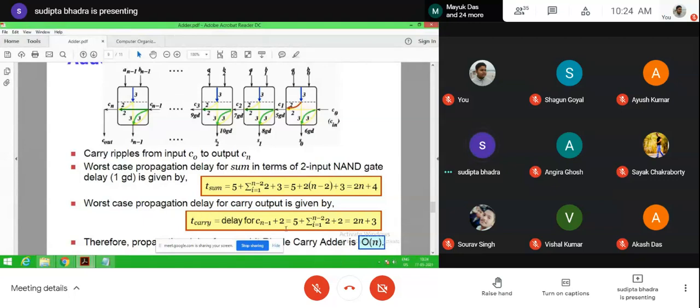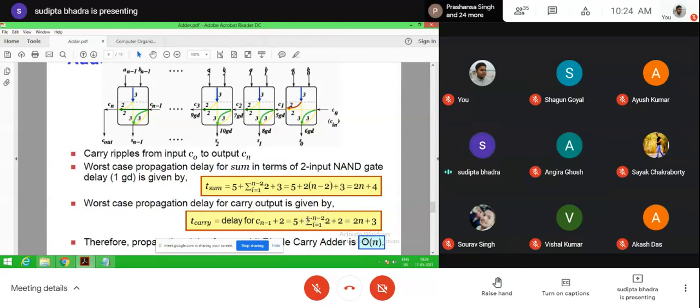Now here, for Cn minus 1, first we require 5 gate delay to generate C1, and for all the subsequent bit positions we require 2 gate delay, from i equal to 1 to n minus 2.